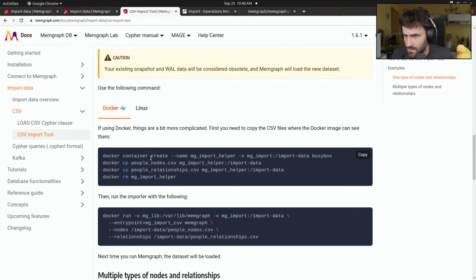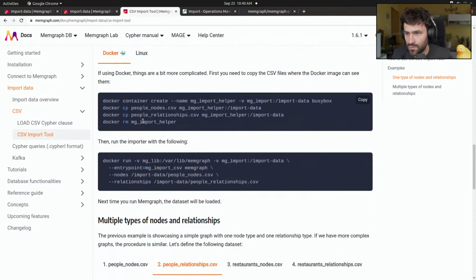Here there is a very specific thing from the Docker ecosystem that's called BusyBox. That's like a dummy container which you can spin up to do stuff. Essentially, this is just used here to create these volumes that Memgraph will read later on. But yeah, that's the lightest way to do this. Once that's done, you can remove that container,